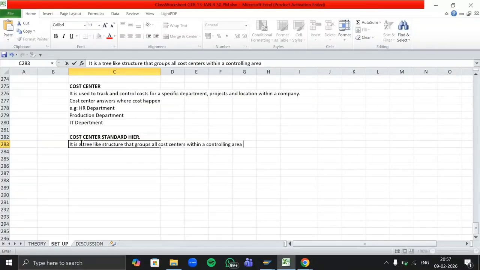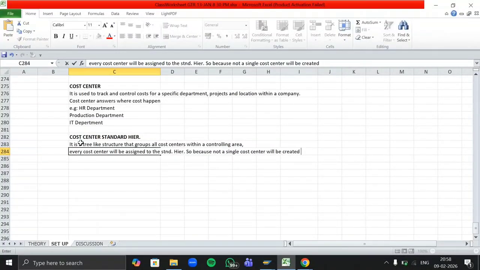Every cost center will be assigned to a standard hierarchy. So because of that, not a single cost center can be created or saved.